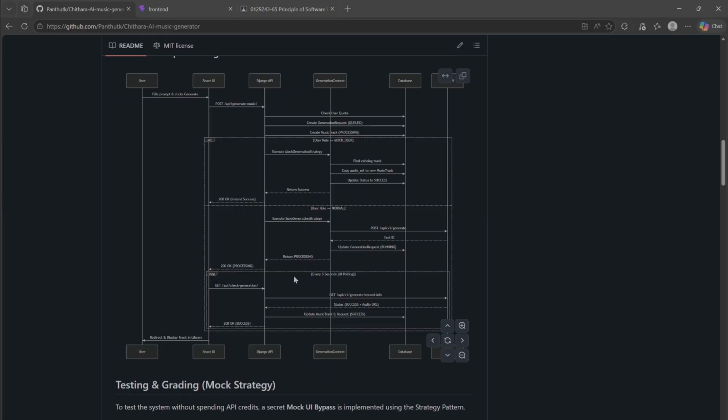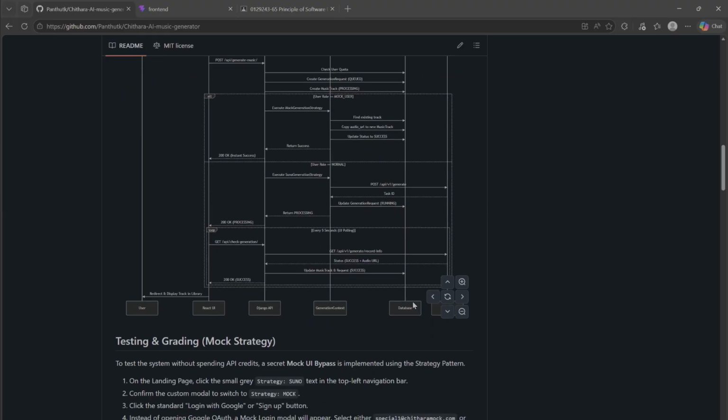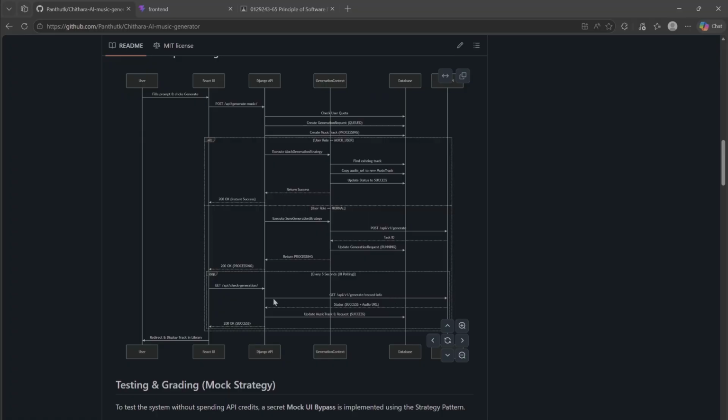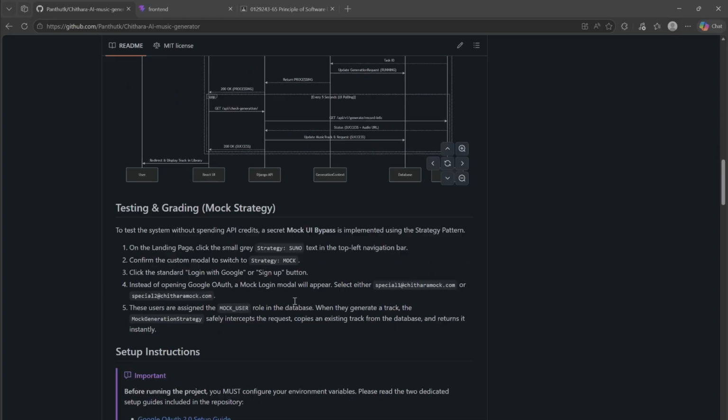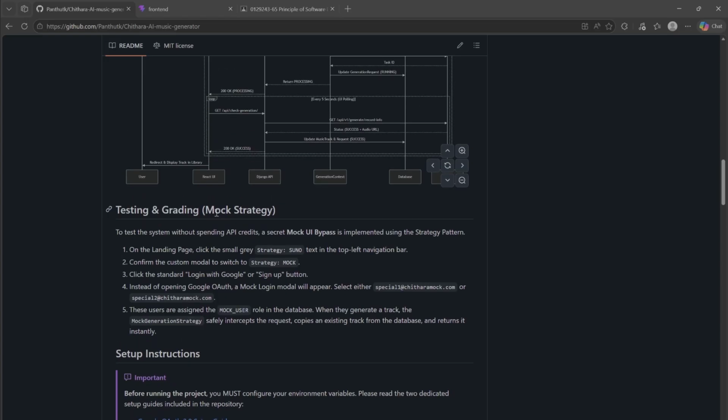Every 5 seconds, our front end and back end ping Suno for the status update. If the status is success, it returns success to our Django API, and lastly, to our React UI.